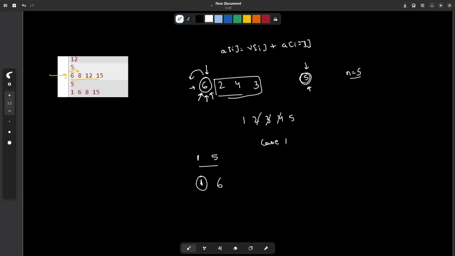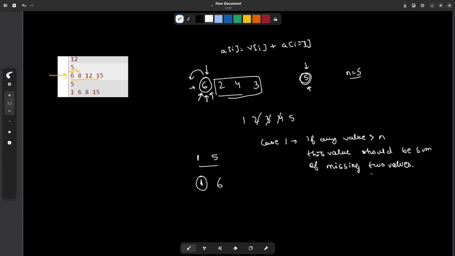So case 1, when we retrieve the original permutation from the given prefix sum array, if any value is greater than n, that means this value should be the sum of the missing two values,